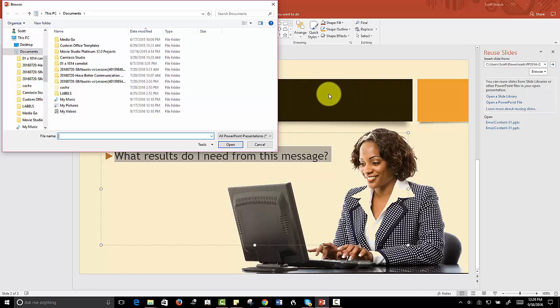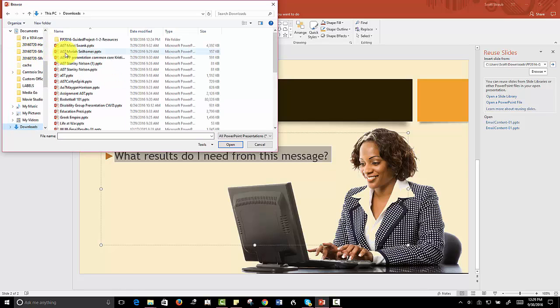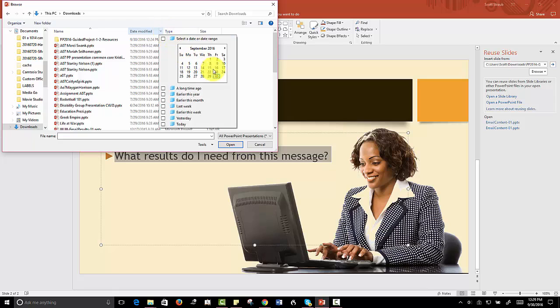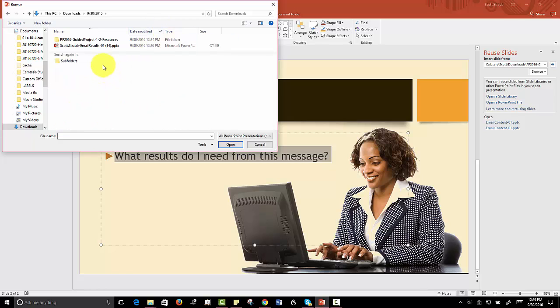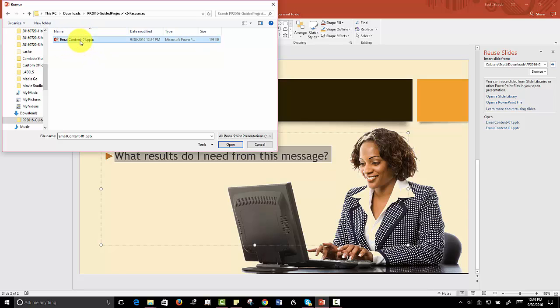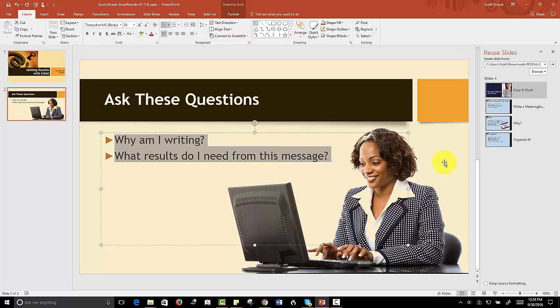and I need to locate the email content -01. Once again, I put everything in my downloads folder, but you may have put it somewhere else, and that's quite all right. Locate it. Here it is right here for me. You can either double click it or click it once and click open, and then 4 slides from that particular